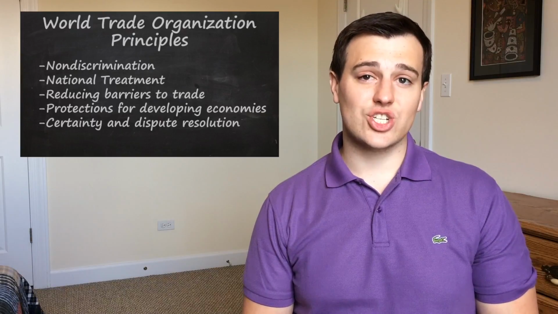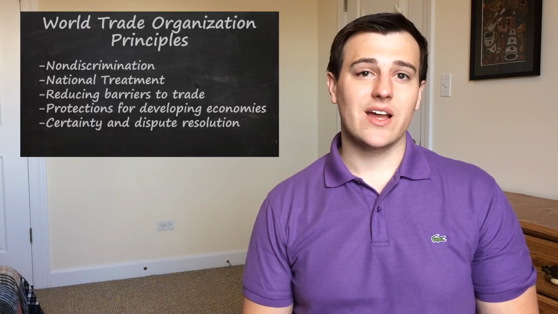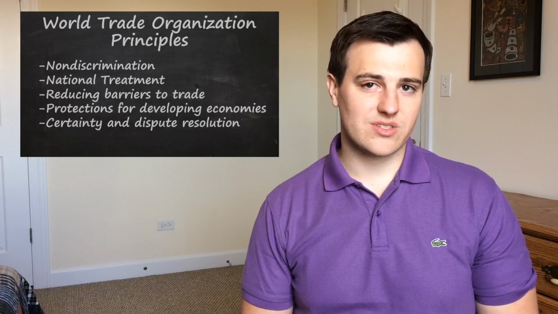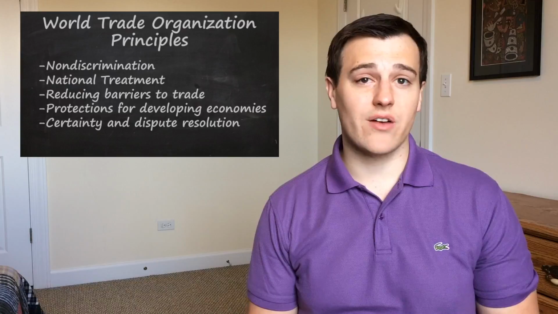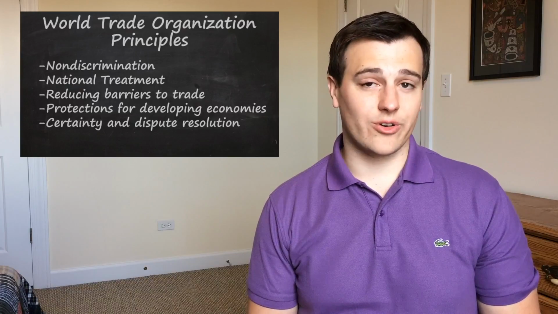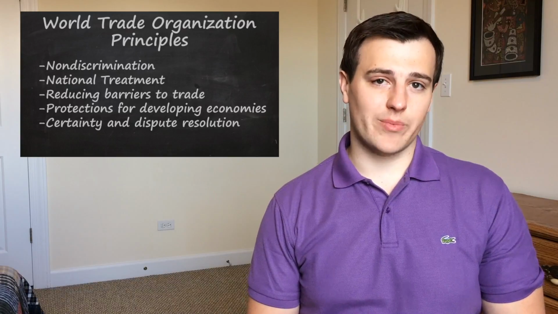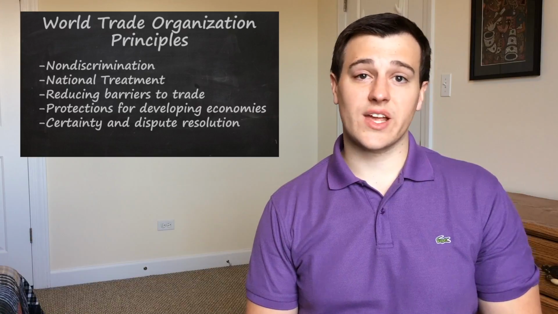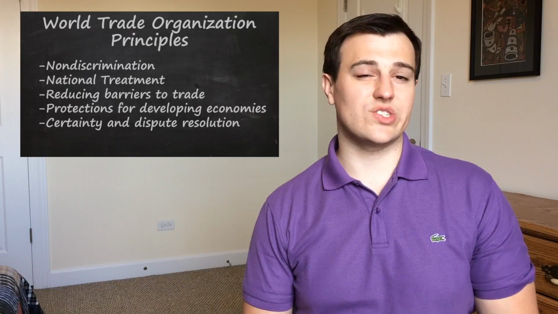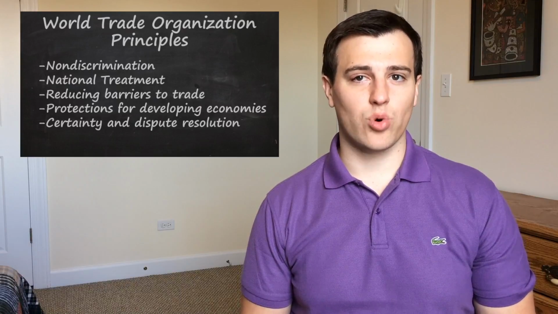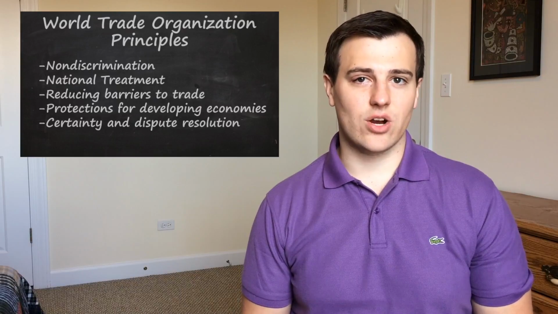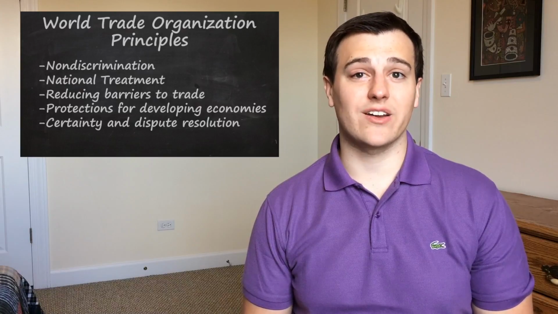The World Trade Organization is mainly based on a set of overriding principles. Understanding these will help us understand both the organization and also the rules that govern the vast majority of all international trade. First one's non-discrimination. A country needs to offer the same terms to all member countries. So the US has a 2.5% tariff on imported cars. It can't just hike its tariff on another member like China or Japan exclusively.